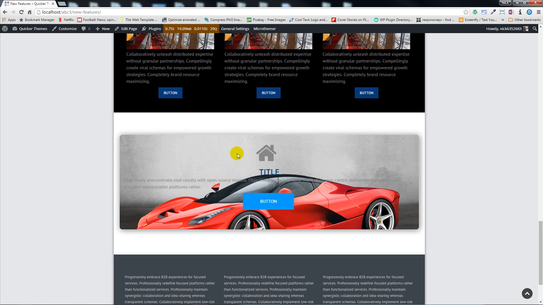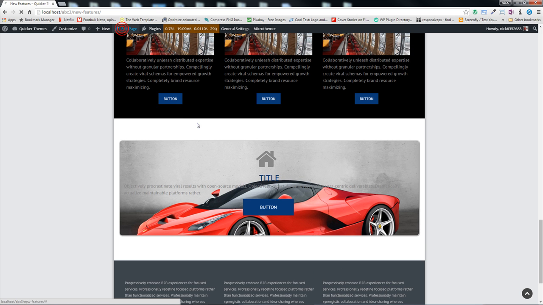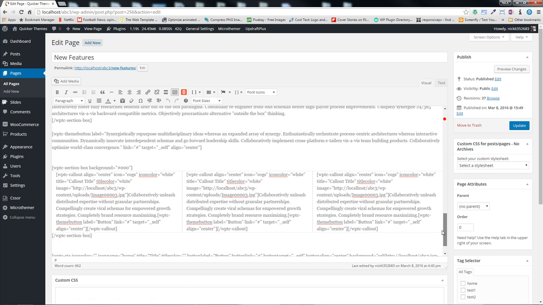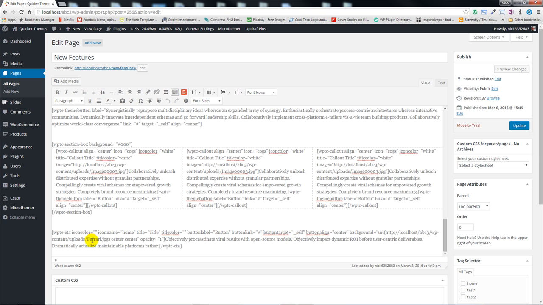So I'm gonna use the setting of fixed. So let's do all that in one go. So the icon color white, the title color white, the image after center space fixed,